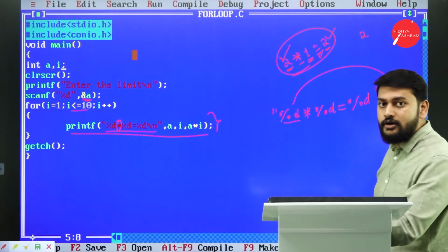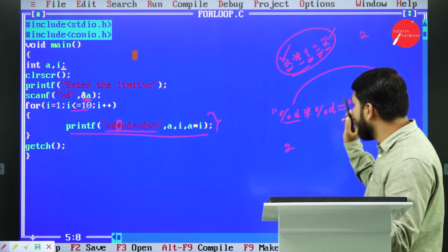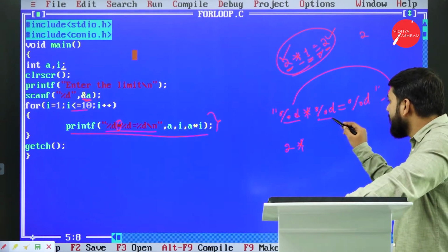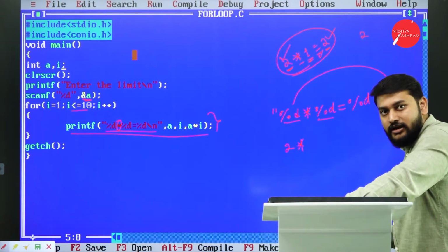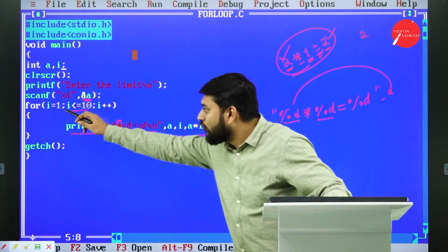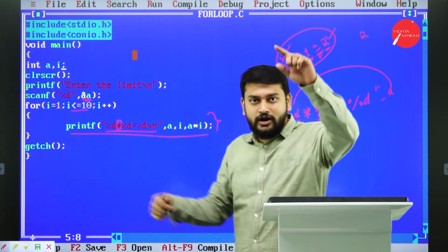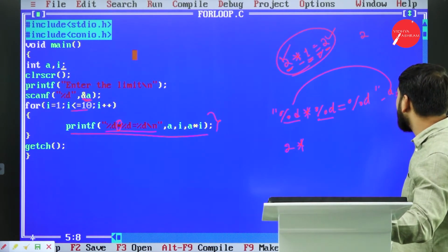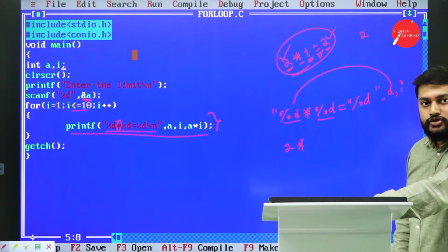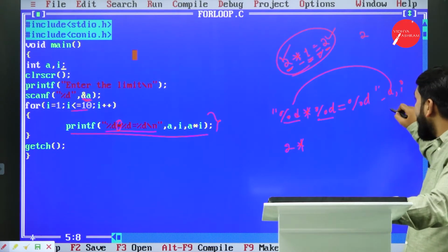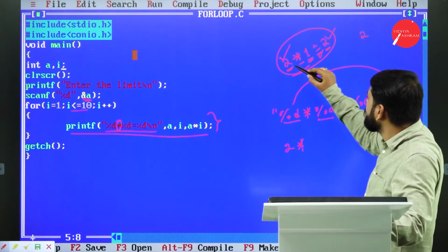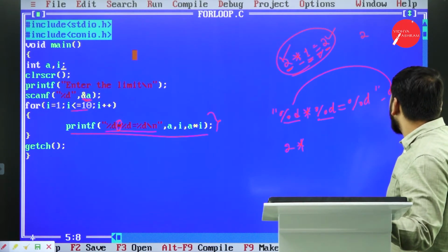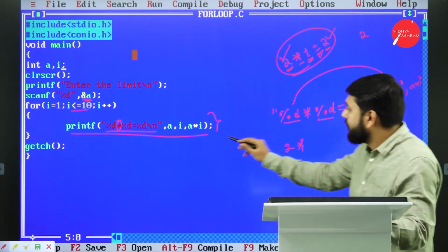Let's understand that. So what will be printed? 2 will be printed. After that, I have star. Star will be printed as it is. After that, I want 1, 2, 3, 4, 5, 6 till 10. So I value, whatever I have here, will run from 1 to 10. Right now, I want I. After this is I. Then I want A into I, because 2 into 1 is equal to 2, right? So that's why I will take it as comma A into I. That's what I have given here.